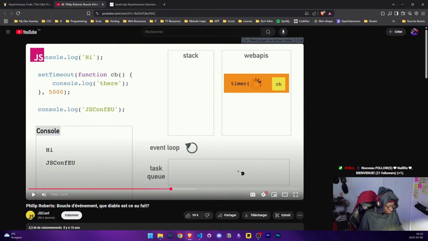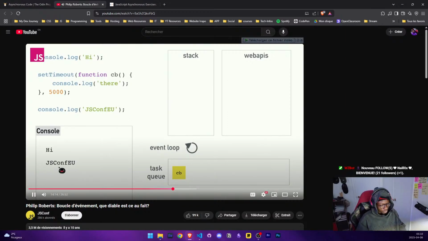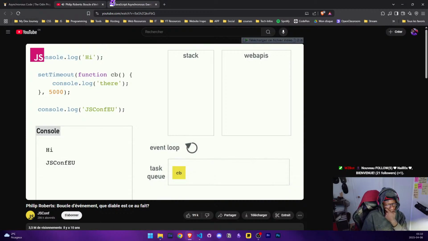Any of the web APIs, when they're done, they push your callback onto the task queue. And finally, we get to the event loop. The title of the talk is what the heck is the event loop. The event loop is like the simplest little piece in this whole equation, and it has one very simple job. The event loop's job is to look at the stack and look at the task queue. If the stack is empty, it takes the first thing on the queue and pushes it onto the stack, which